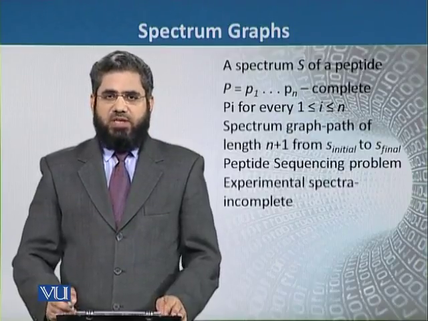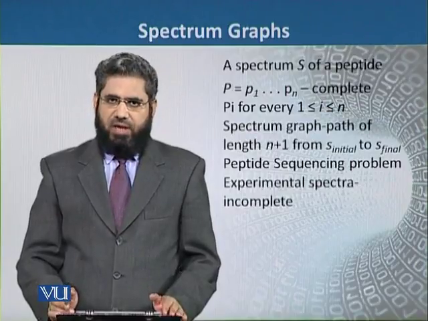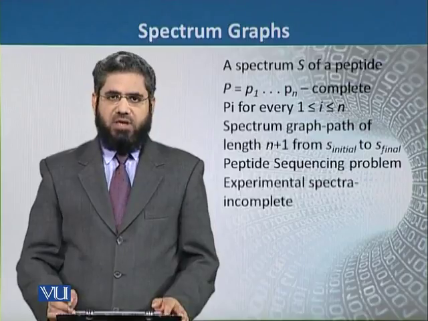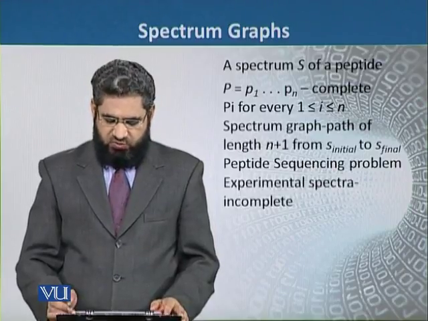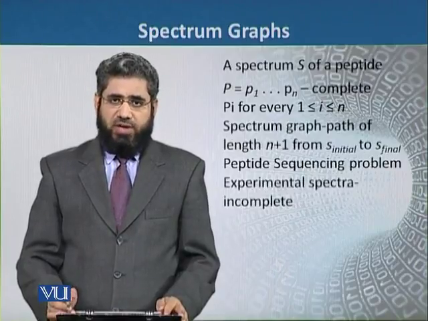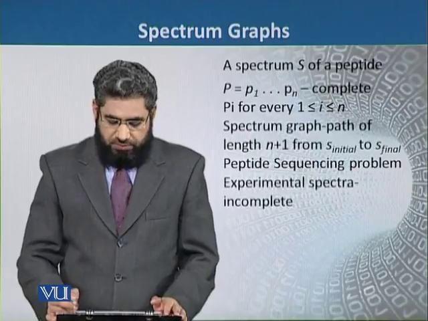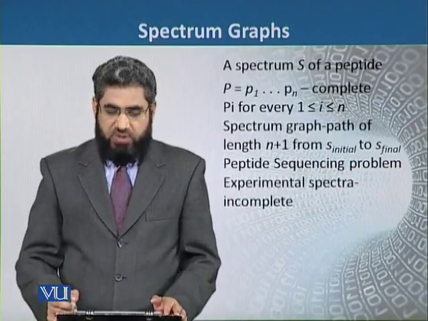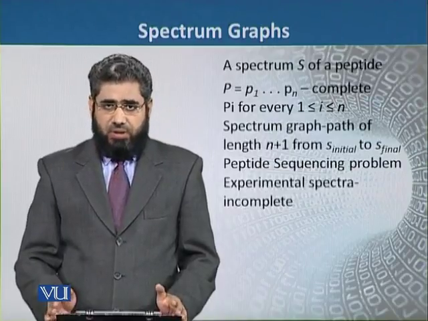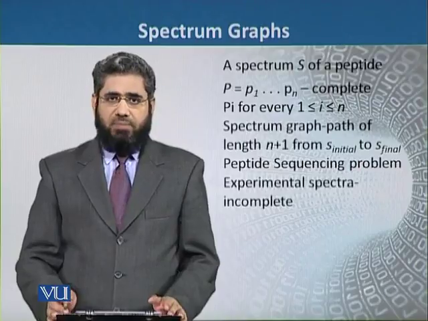And we also know that that specific spectrum has a specific path, and the length of that path is n plus 1, and that starts from S initial to S final. And that spectrum is used to find the correct path of the experimental peptide sequencing problem. And we know that the good path will be that path which has the maximum number